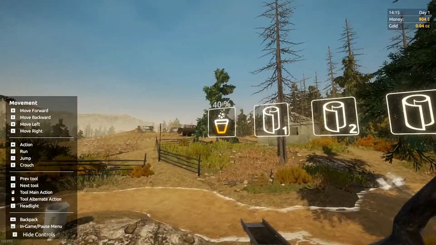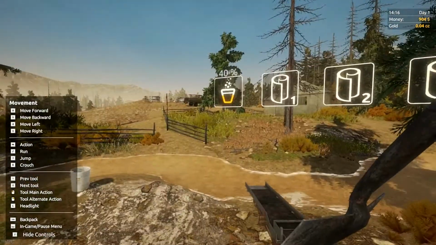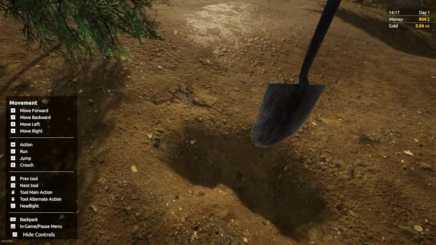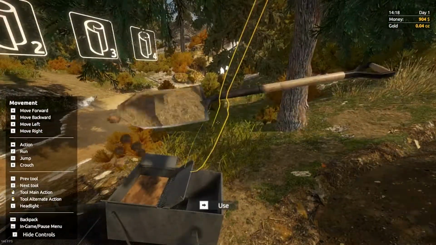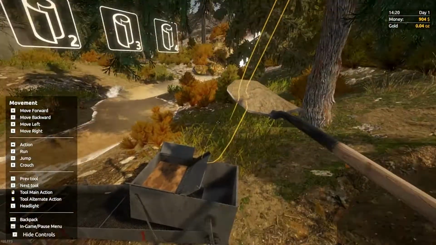Now, how do you know when it's full? Well, see that little icon to the left, it was 40%, little dirt falling into a bucket. When that gets to 100%, then you're ready for the next part. So we load it there, 50%. You can get 10%